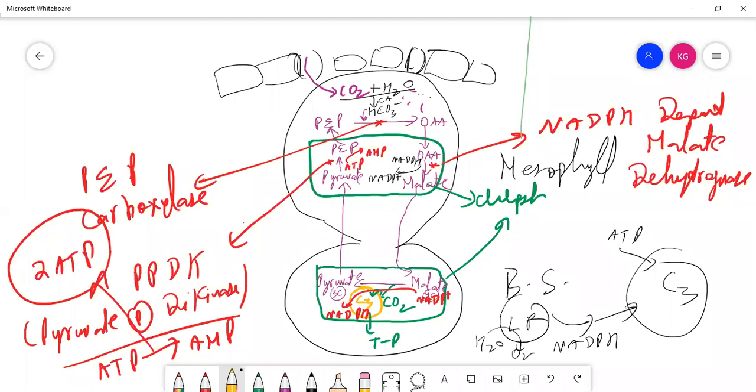So we can reduce, so these bundle sheath cells can reduce the production of NADPH. The production of NADPH can be reduced. So less water has to be broken down. Is this very clear or not? Okay? Yes, sir. So we have talked about